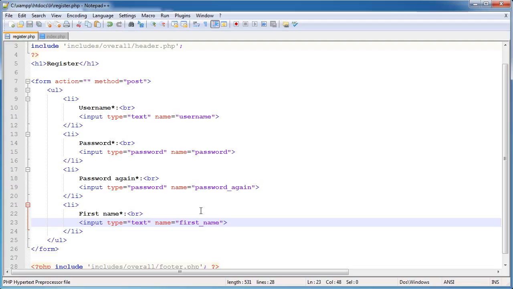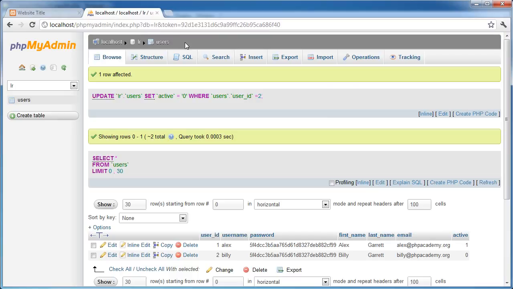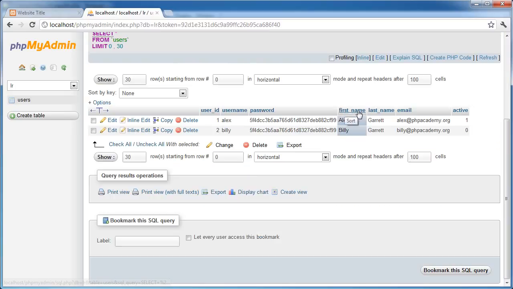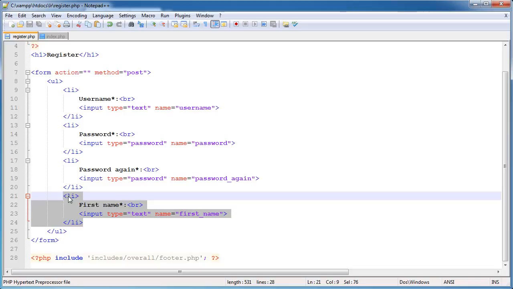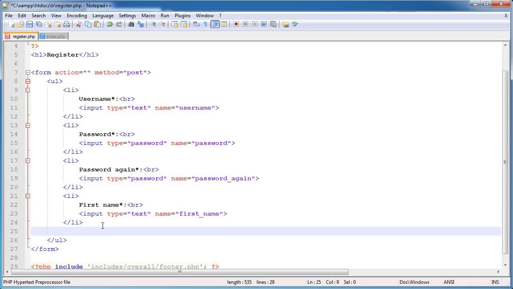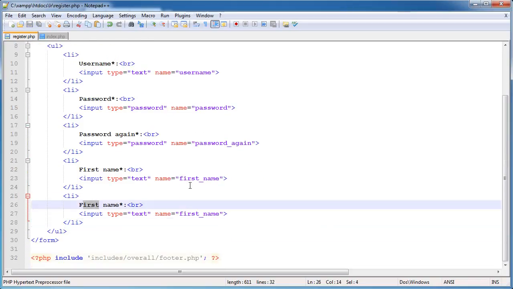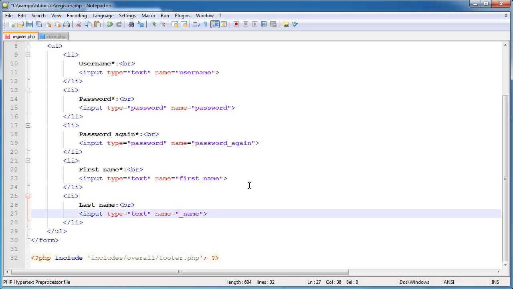Now what I'm trying to do is keep these variable names the same as I'm storing them in the fields in my database table. So first underscore name, last underscore name, just to keep everything consistent. So when I'm submitting this, it makes a lot more sense. So the second one of the name is going to be obviously the last name, and I'm going to remove the asterisks, obviously change this variable name here,